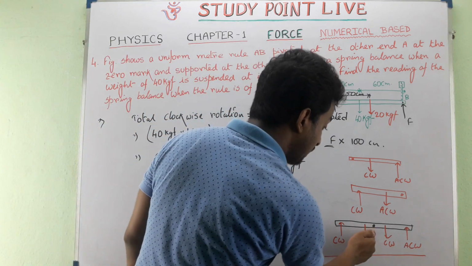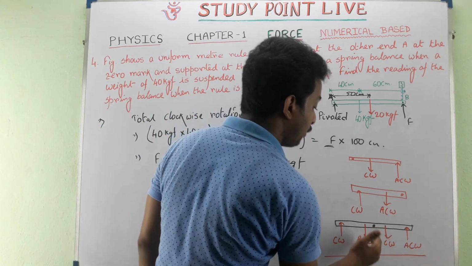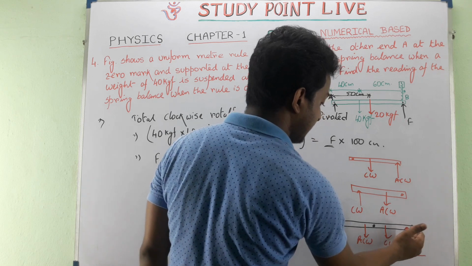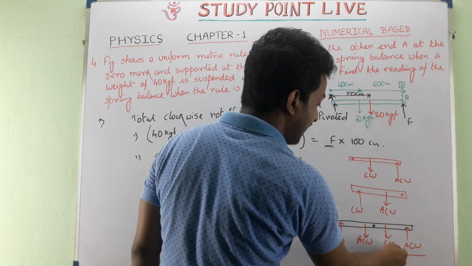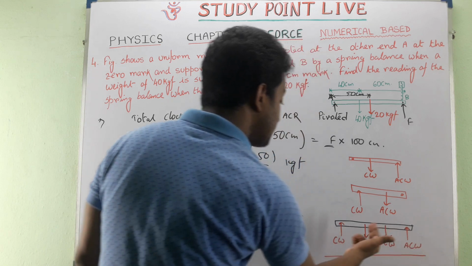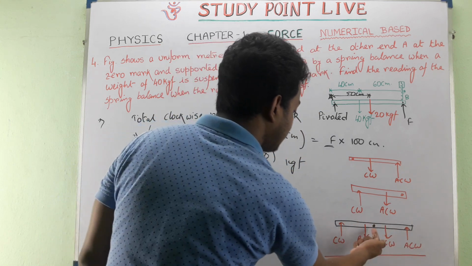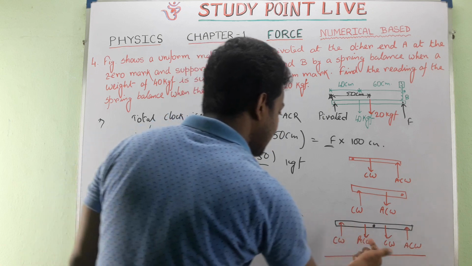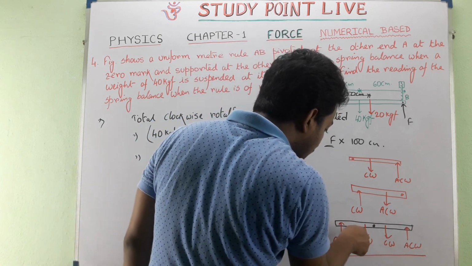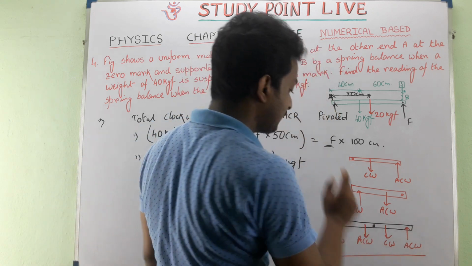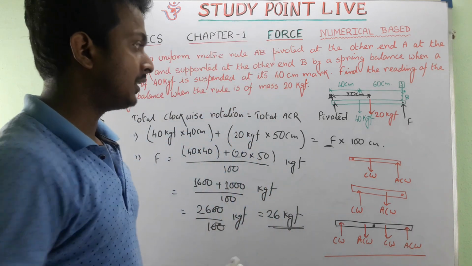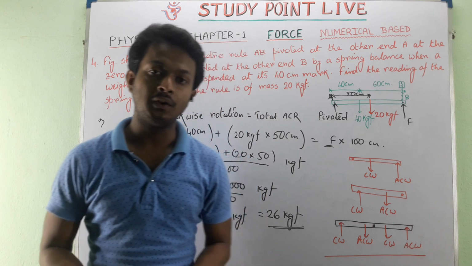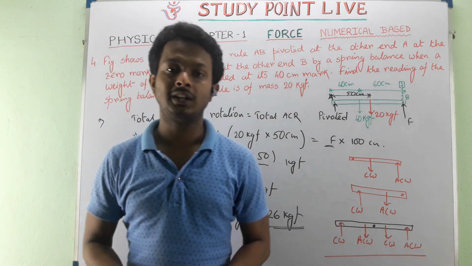What if this point is fixed? The force acting on the right-hand side: the downward part will give clockwise and the upward part will give anti-clockwise rotation, and just vice versa for the other. If the force acts on the left-hand side, this downward force will give anti-clockwise and the upward force will give clockwise rotation. So I think all of these are exactly clear to all of you. Let us finish the class over here.